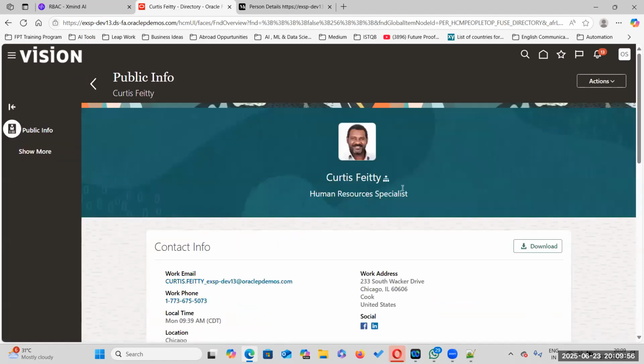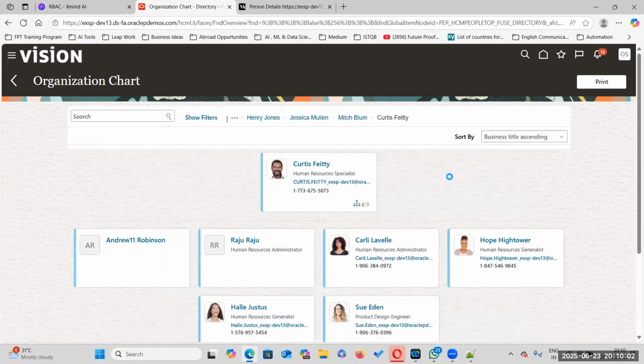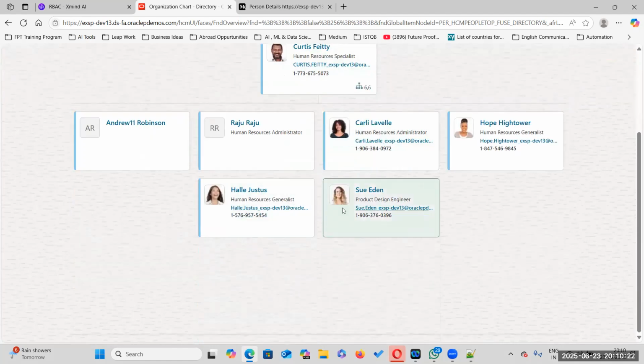Generally, in our organizations, we will search for how to make an organization chart, or how to implement it. We are not going to do anything. It's by default one of the features in Oracle. Oracle will give an organization chart, meaning who is whose manager, everything provided by Oracle. While hiring an employee, if you give the manager, it will show the manager. We have given the manager also, right? That's why.